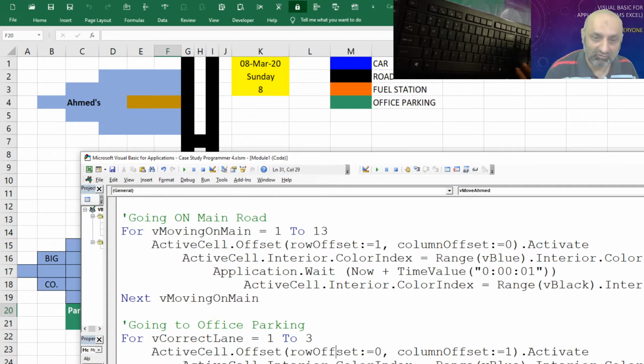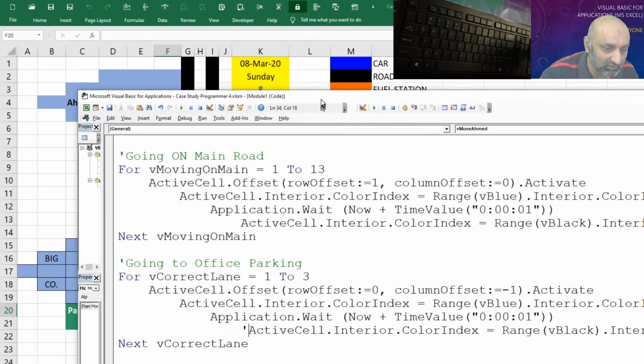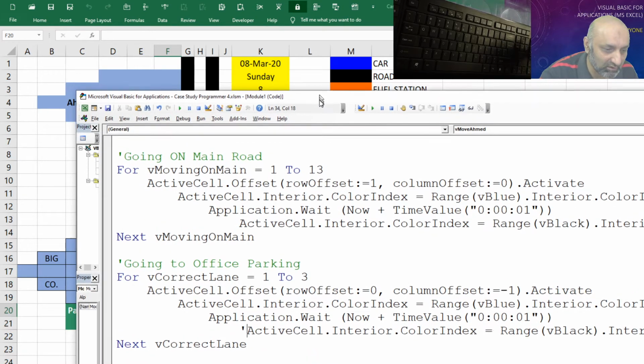This time row offset should be 0, column offset should be -1, blue color, and then we need to turn it to black. No. Once we are in the parking, we don't need to turn it to black. So this command should not be used. Oh, you can't see this. Why didn't you tell me? Here we are.